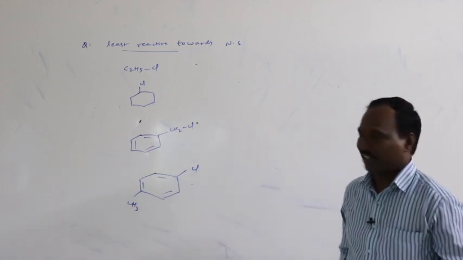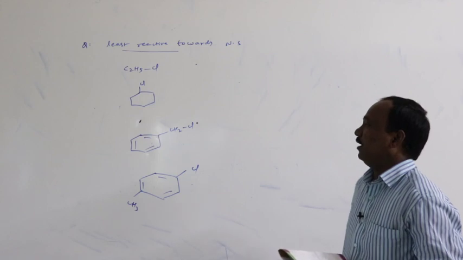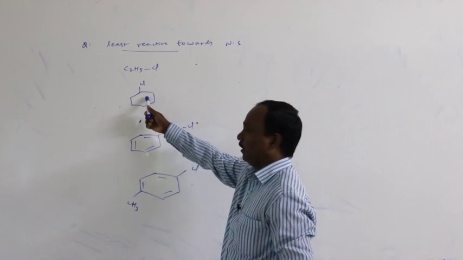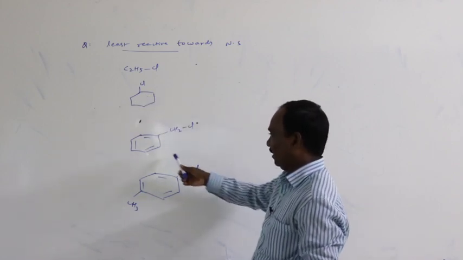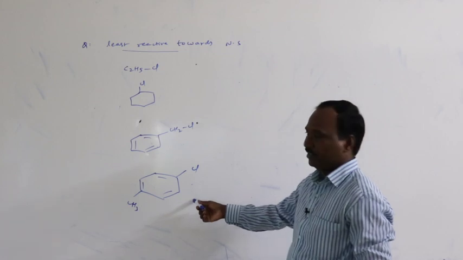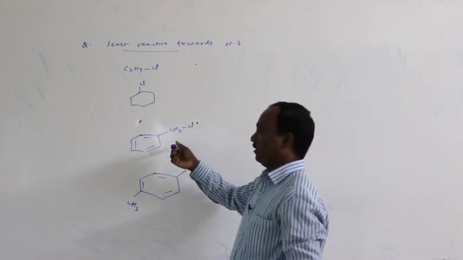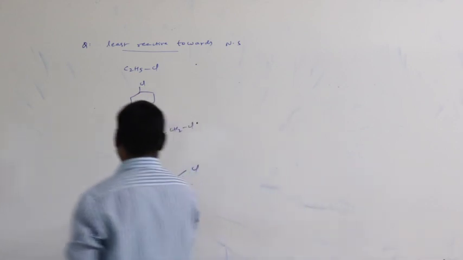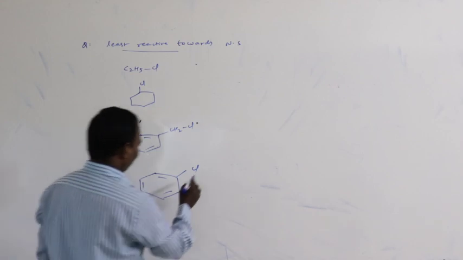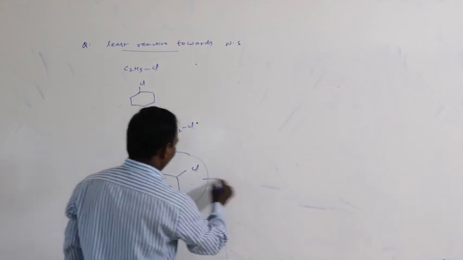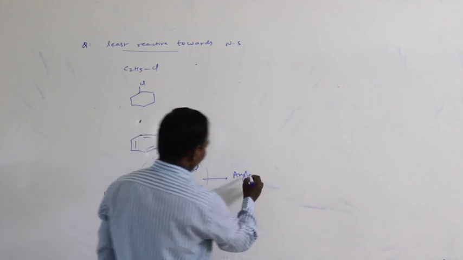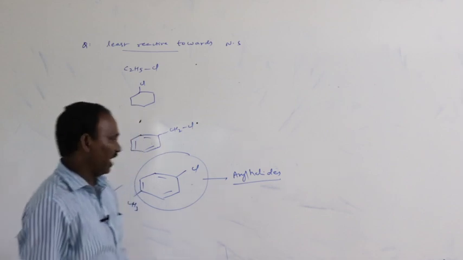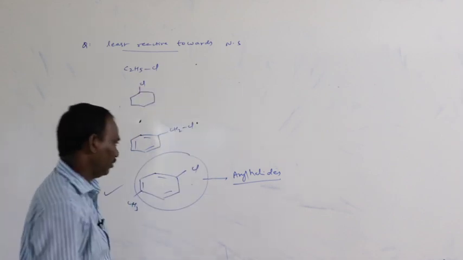nucleophilic substitution reactions? First one, aliphatic alkyl halide. Second one, saturated cycloalkyl halide. Third one, benzyl, and this is aryl. So most reactive is benzyl halides. After that, alkyl halides. Least reactive compound is fourth option because it is an aryl halide. Aryl halides are least reactive towards nucleophilic substitution reactions.